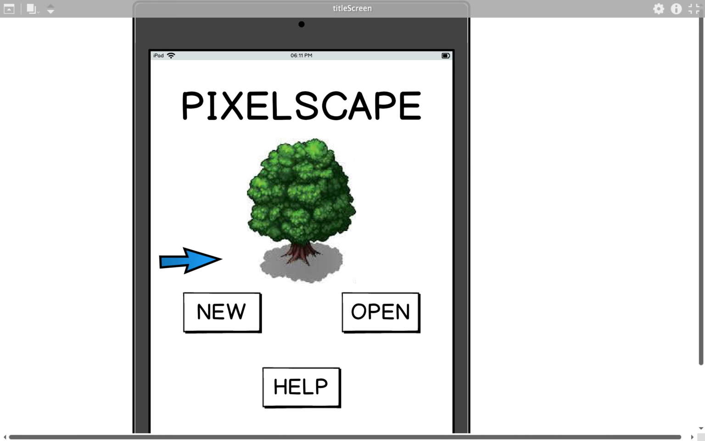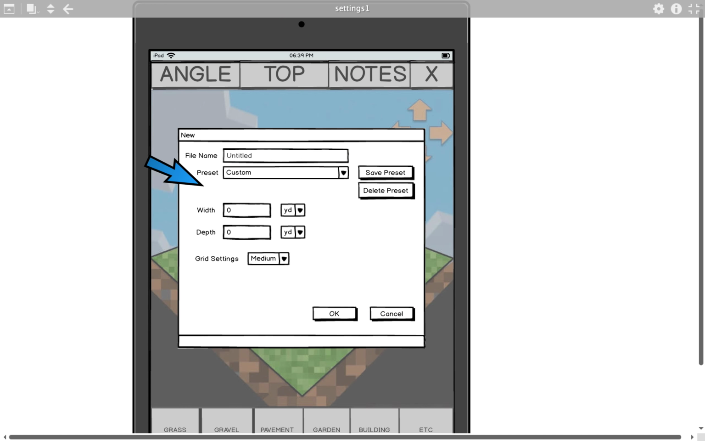So for this, click New, opens the new file menu. You have file name, presets. Presets are like profiles you can save that have preset information for file setups, with automatically determined width, depth, and dimension measurements, and then grid settings. Since all the textures snap into a grid, you can change the size of the grid, which then changes the